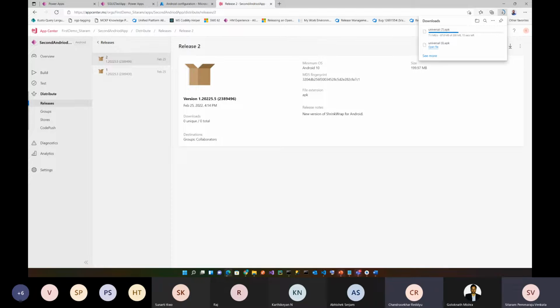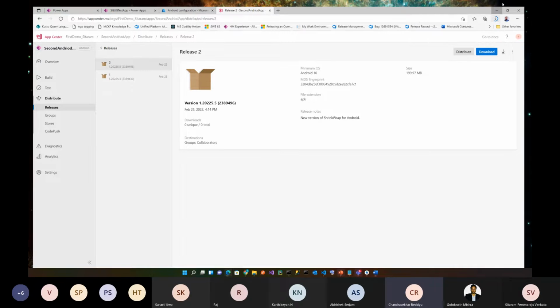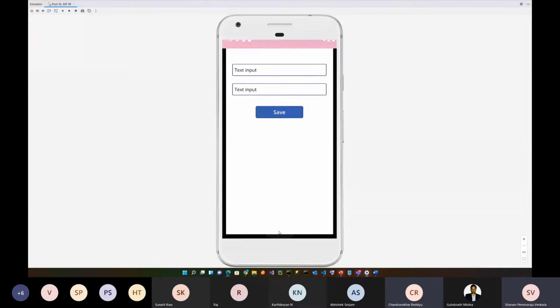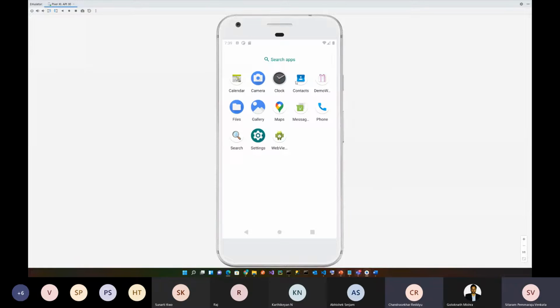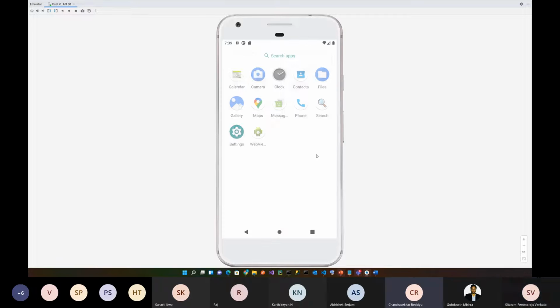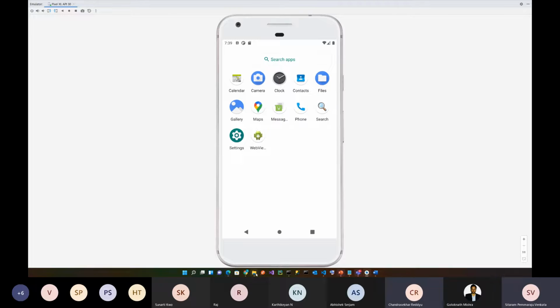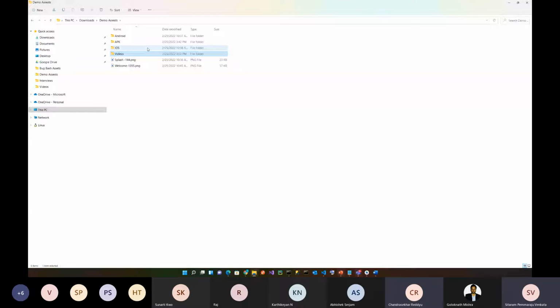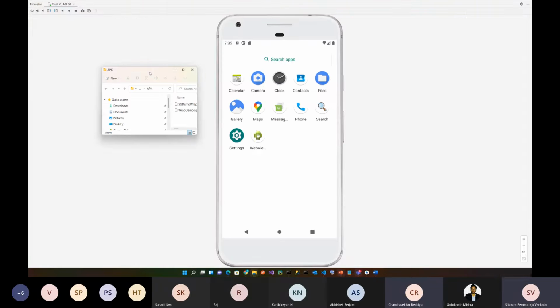So now let's quickly look at how to use it. Okay, good. Let me uninstall this for now, just to show you. Uninstall. Okay, good, now everything is gone. Now if I go to the demos, these are the APKs. I have 2 APKs that I created. Let's try with